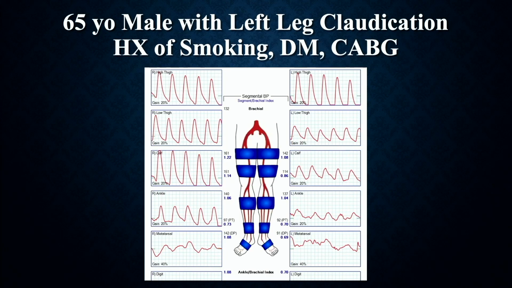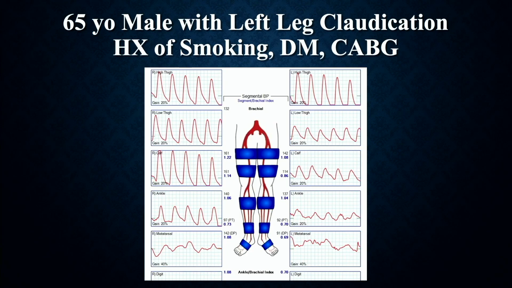All right, so my first case was a 65-year-old male with left leg claudication, history of smoking, diabetes, coronary artery disease, and status post-CABG. And you can see here, we're starting out with the physiologic tests. And you see that there's obvious discrepancy in our pulse volume recordings when we compare right to left. And if you look at the lower thigh level on the left side, we see there's a decrease in amplitude